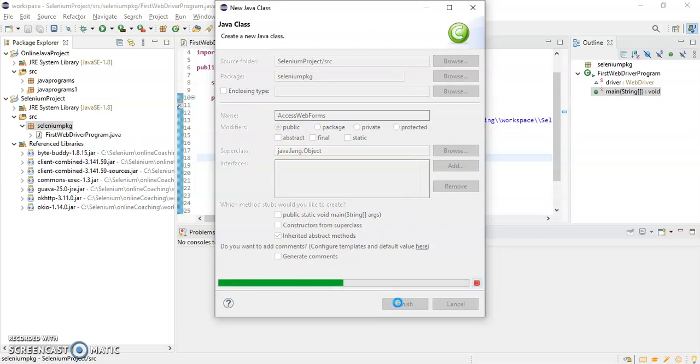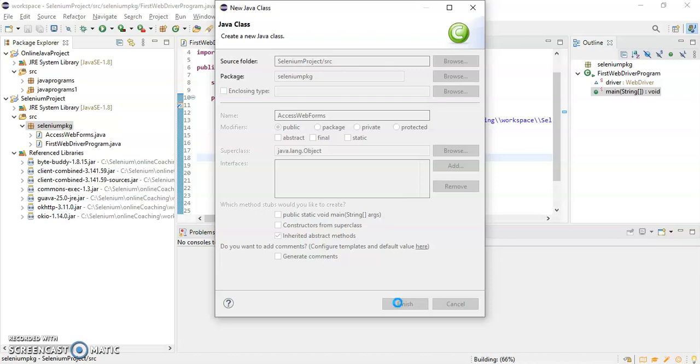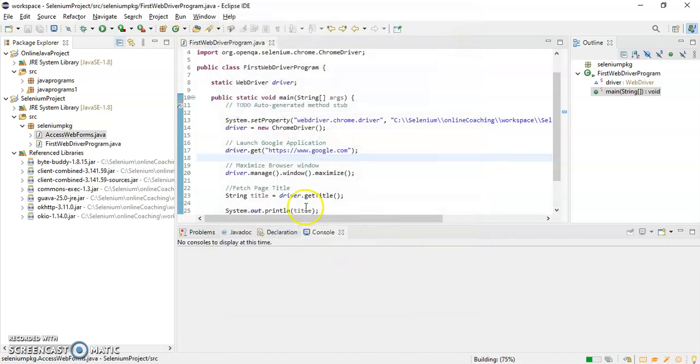To save time, in the previous class we have written code for launching the web browser and invoking the application under test, right? So that code I will copy from the previous class file. This is my previous class file.